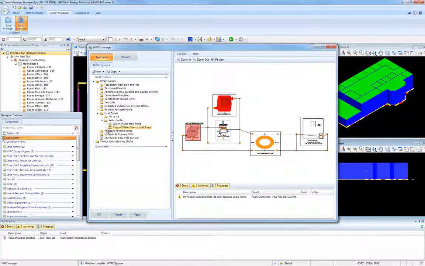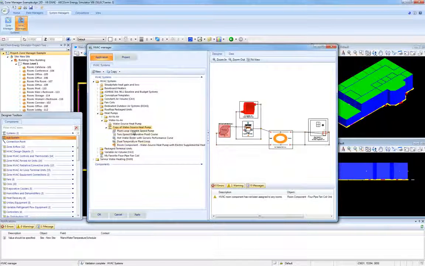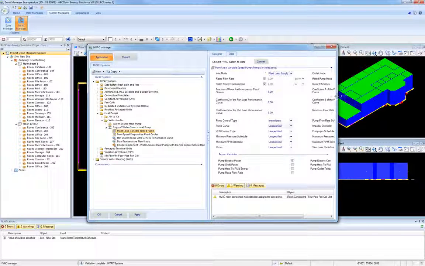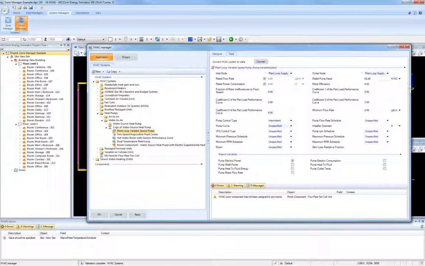A third method would be to expand the system in the tree view and then left-click or highlight the component that you want to modify and then click on the Data tab. And again, you're going to see the same input information and the already edited value for the rated pump head that we changed earlier.